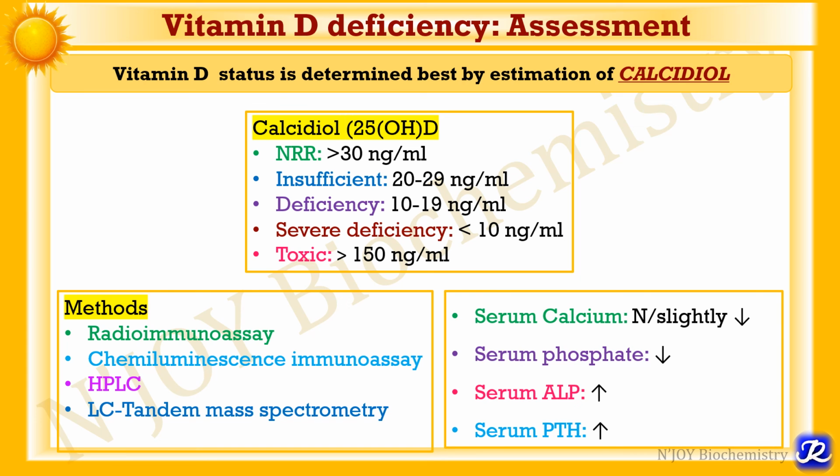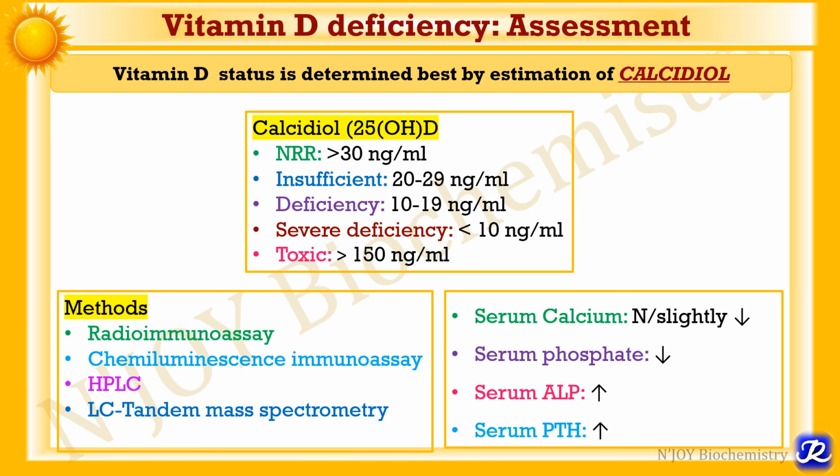The laboratory picture shows serum calcium level normal or slightly decreased, phosphate level is decreased, alkaline phosphatase level is increased, and serum parathyroid hormone level is increased. Now, why the active form of vitamin D, that is calcitriol, is not the best indicator of vitamin D status because its half-life is very less, that is only 3 to 6 hours, and the circulating level is very